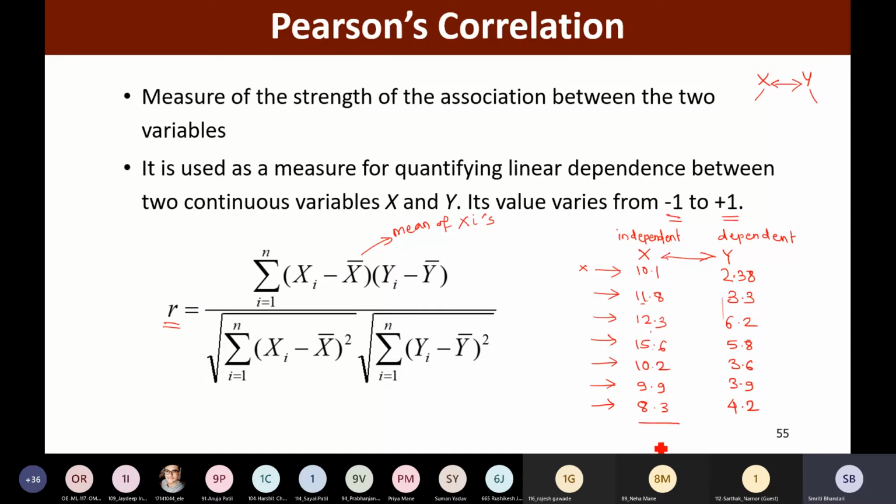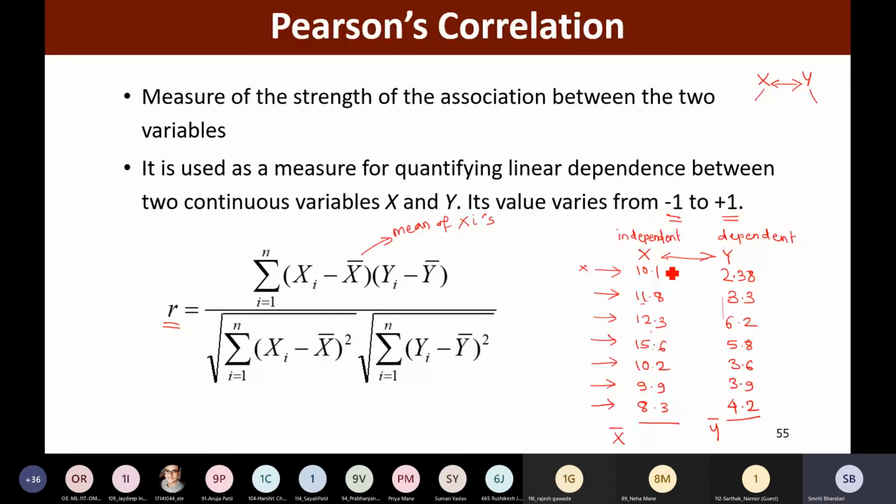I'll find the mean, which is denoted as x bar, and the mean of y is denoted as y bar, right?